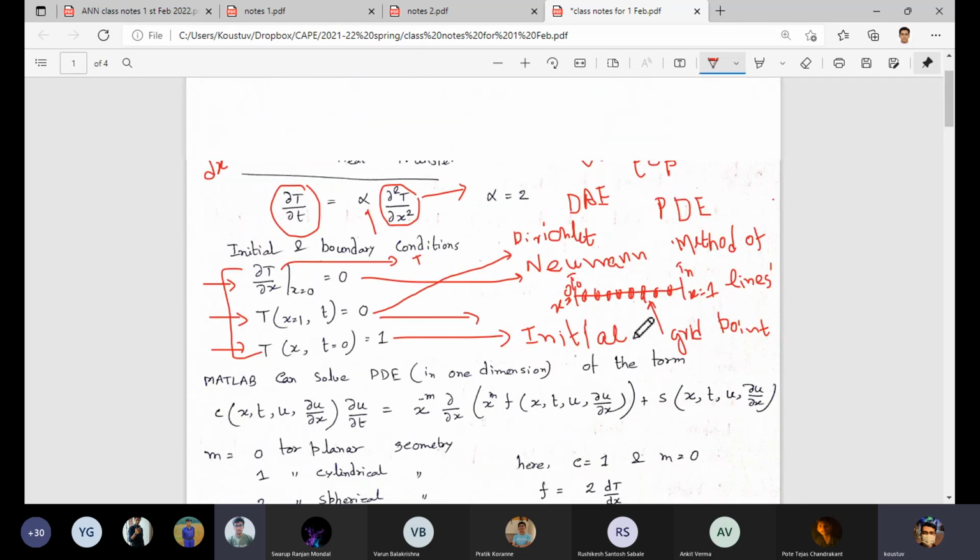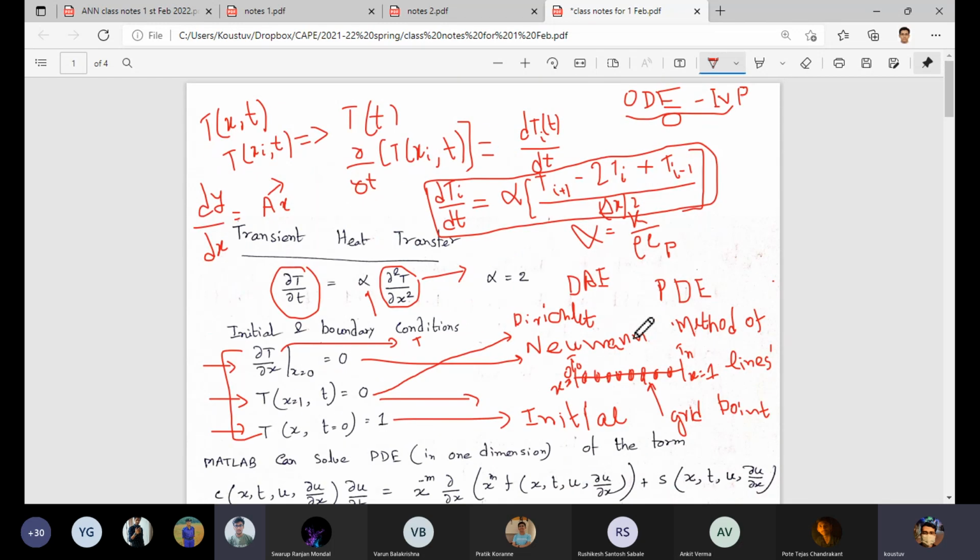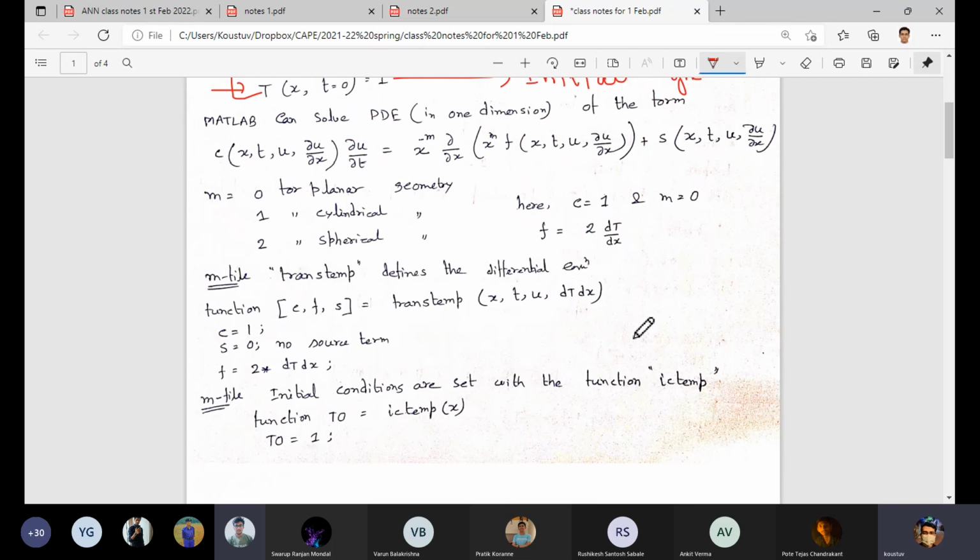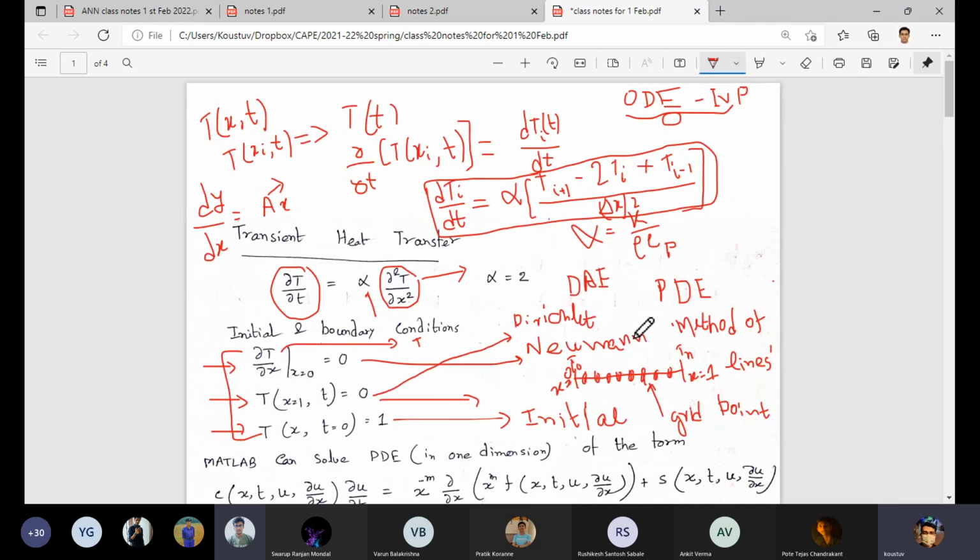So one approach is that you can do it directly by MATLAB functions that we will discuss now, or you can first analytically transform this problem by this kind of approach into ODE IVPs, and then you go for solutions by solving the several system equations using standard ODE IVP techniques.